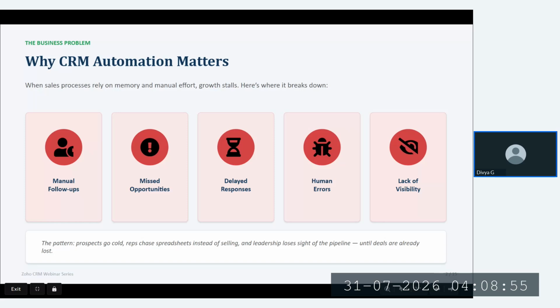Before automation, these are the problems which very often affect the lead. So I have given you the basic problems.